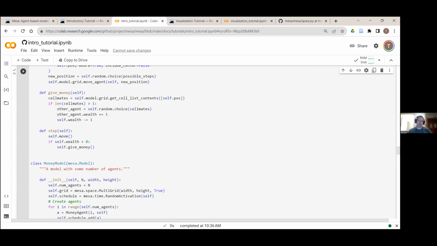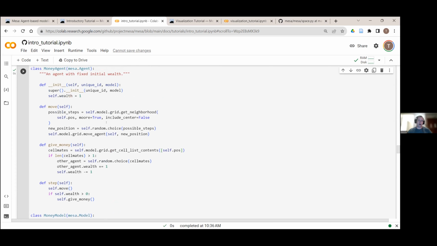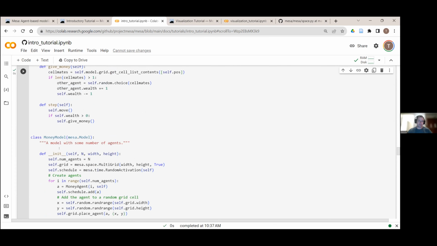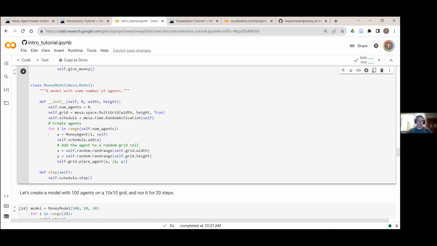It'll do the move function, and then if they have wealth, they will execute the give money function. So now I've updated our money agent class to both allow them to move and allow them to give money. I guess we had that before, but